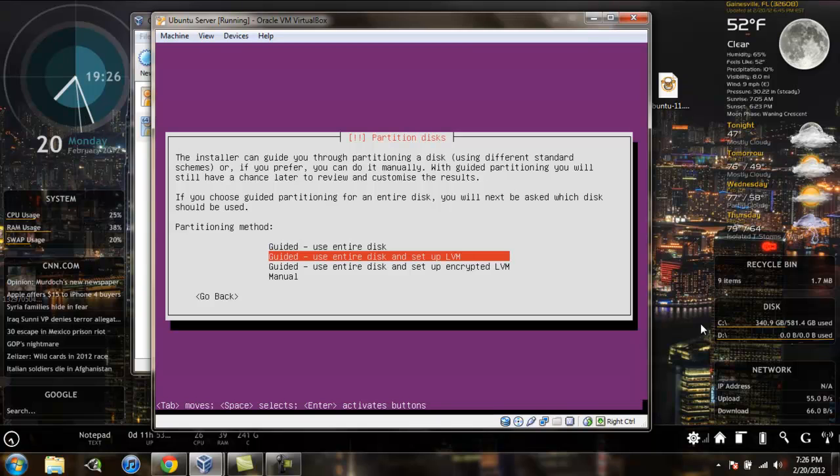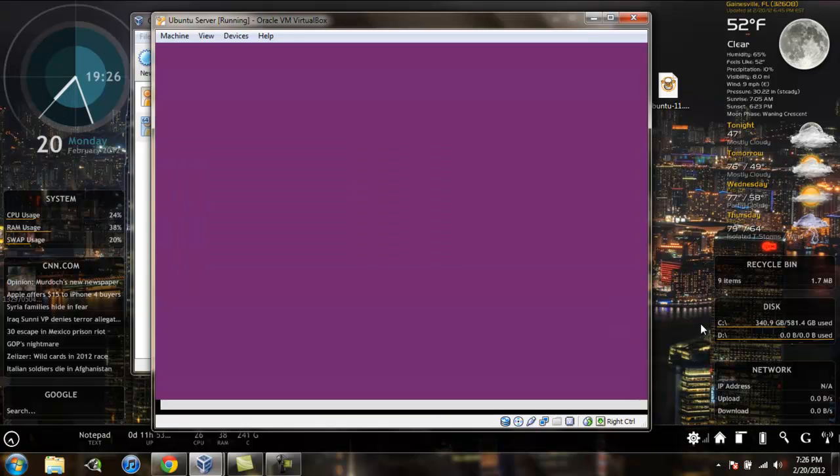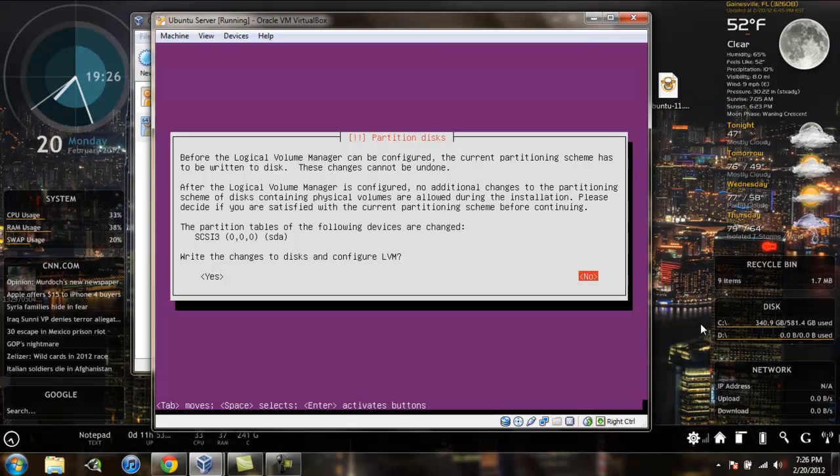Alright, so I'm going to leave this setting. It's for the partition disk. So I'm just going to leave it as guided use entire disk and set up LVM. Hit continue. And then we're just going to select that hard disk right there. And then from here,